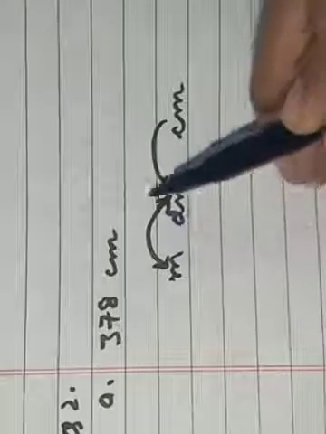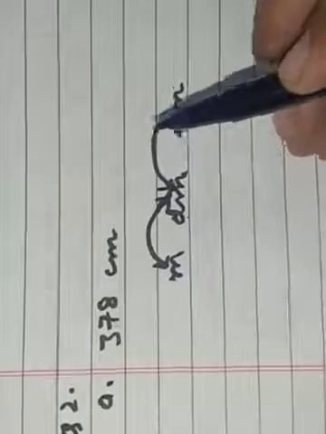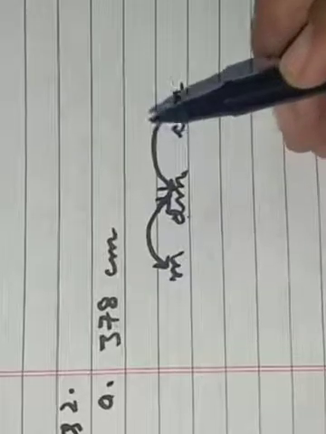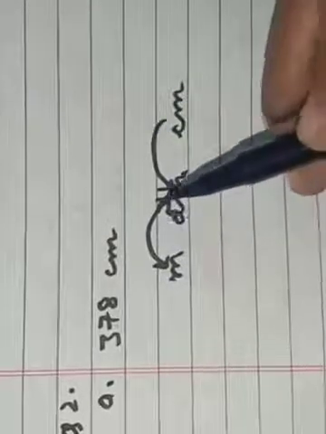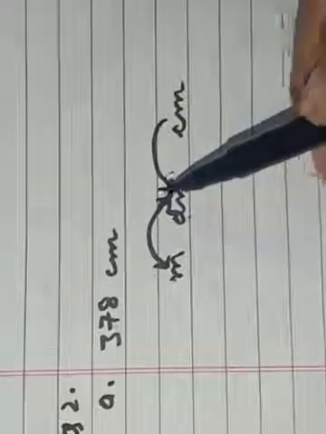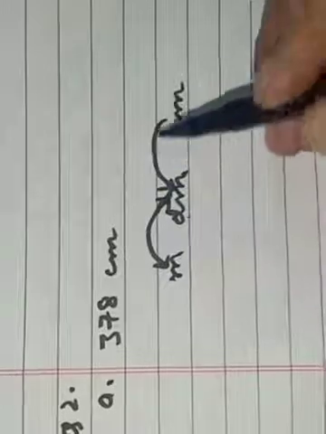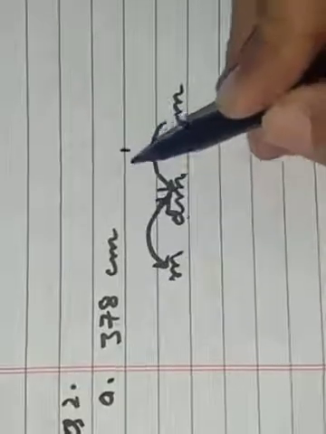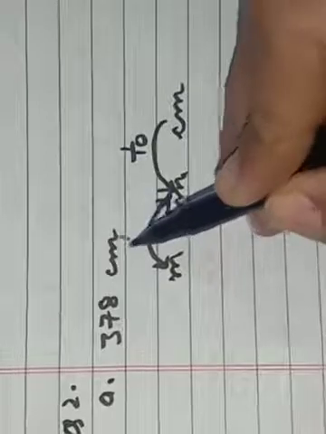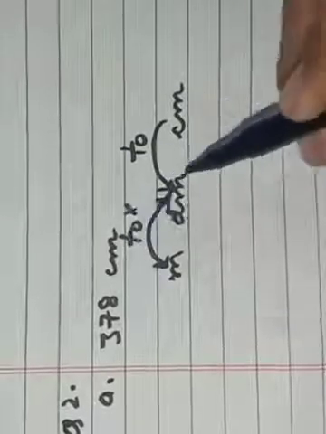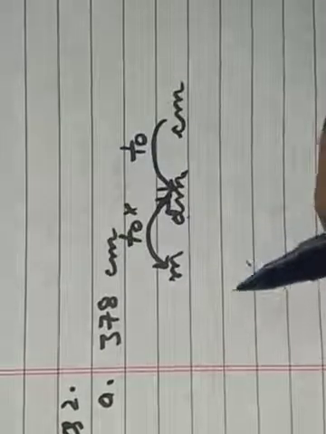We have already learned the value of a unit is 10 times the value of the unit to its left. As we moved 2 places to the left, the divisor is 100,